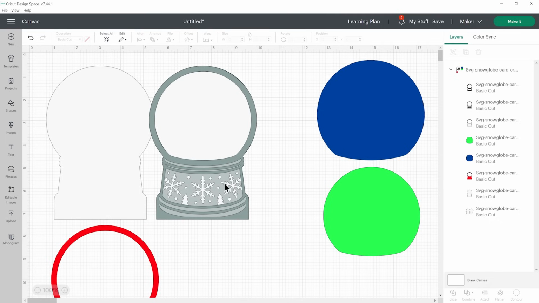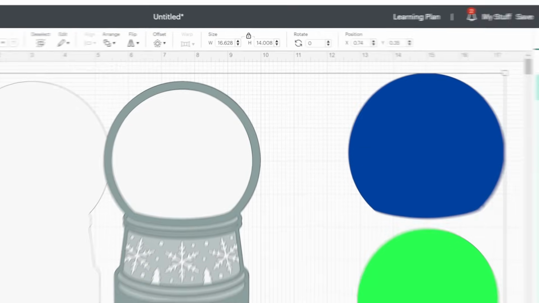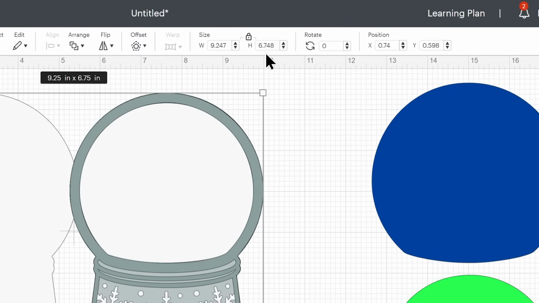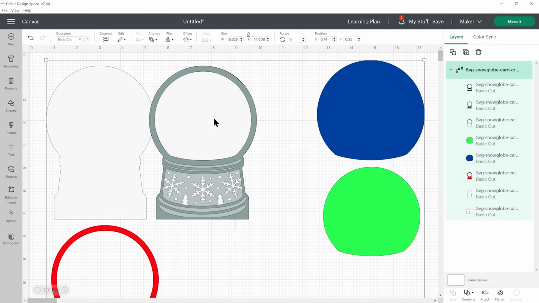And the card itself loads in at the correct size. It is just under 7 inches tall and it will be just under 5 inches wide. It will fit in a standard 5 by 7 inch envelope, but if you don't have one or if you'd prefer to make one, I'll show you how to do that shortly.